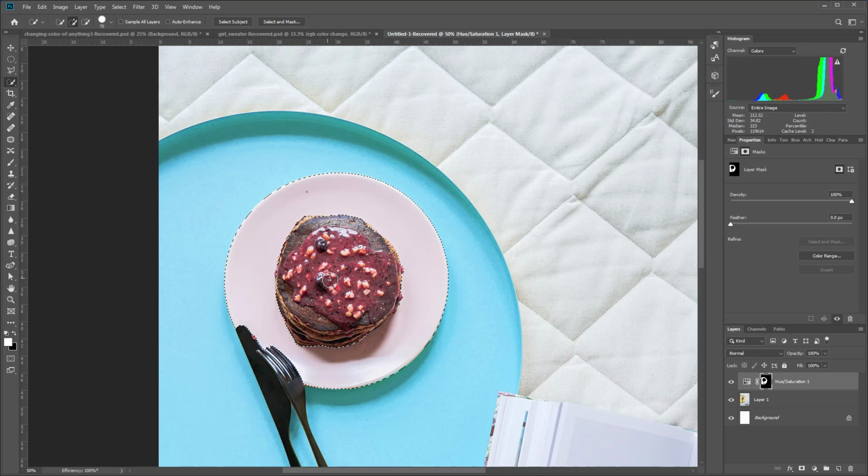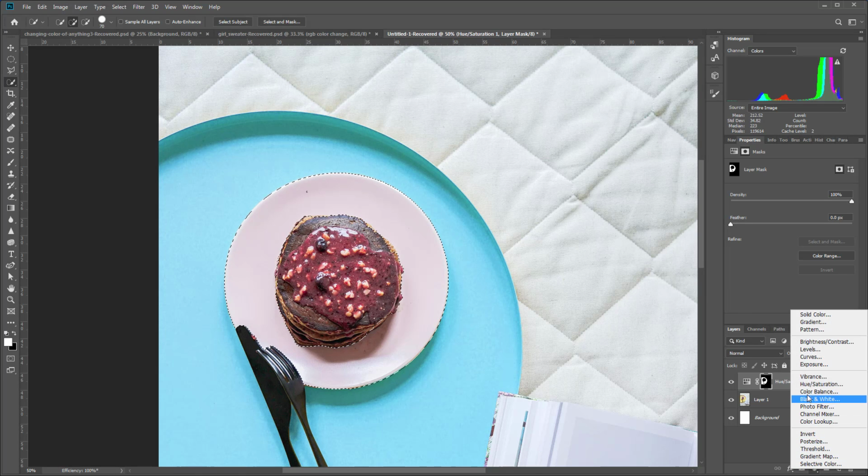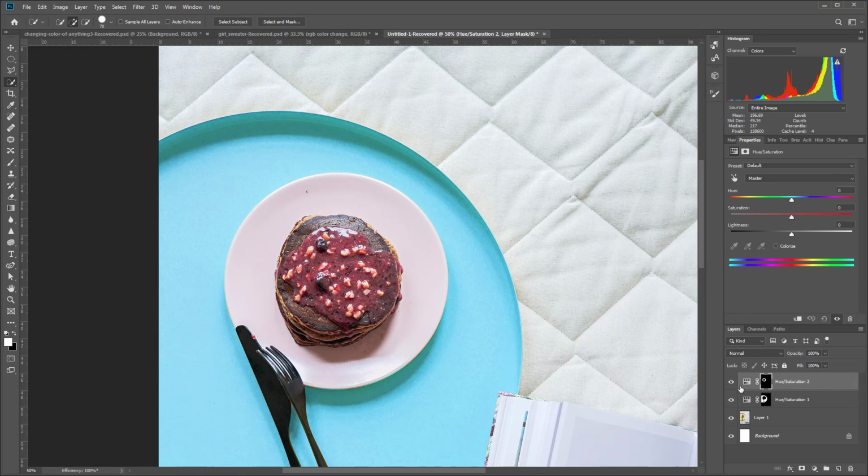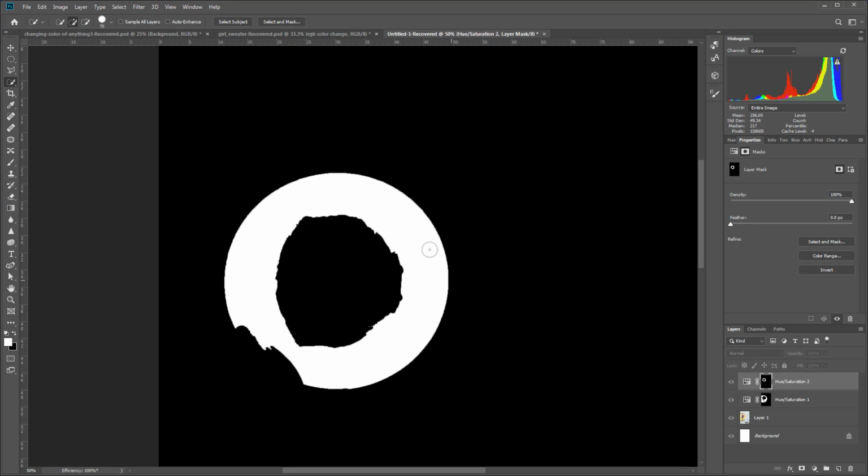And you saw in the last example that you can make adjustments after the fact, after you apply the adjustment layer, because you do have a mask that you can still come in and edit. So I'm going to use that as my selection, and now I'm going to come in same as before and choose Hue/Saturation. And again, Hue/Saturation adjustment layer applied, and if we Alt click on that, we see that we have this mask